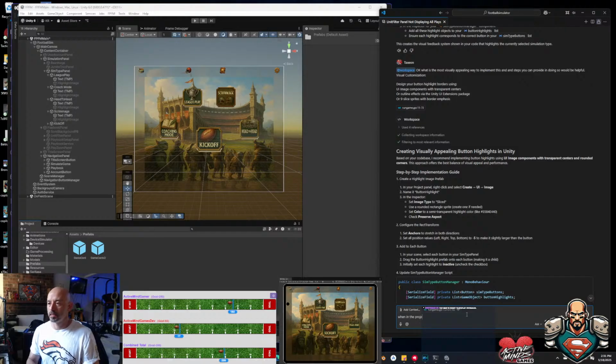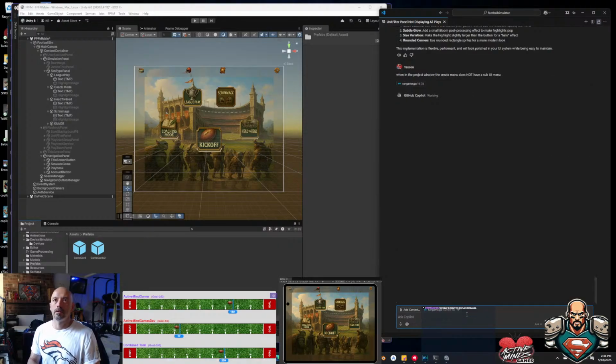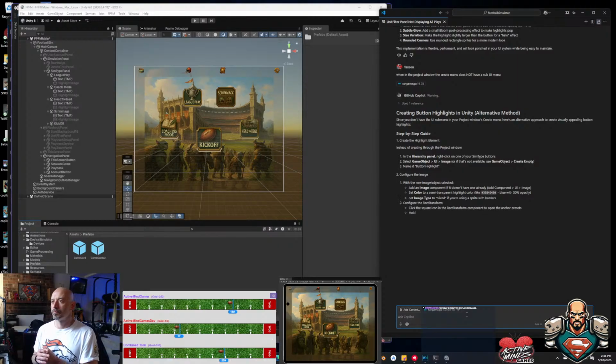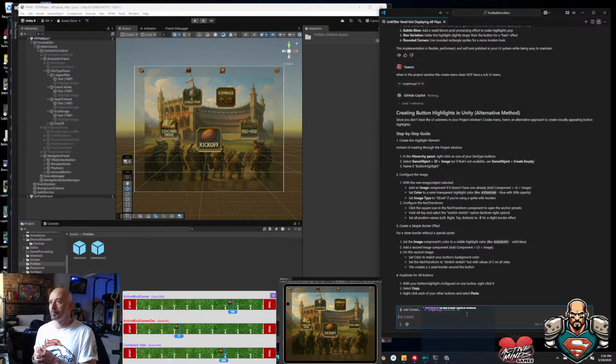And in the project window, the create menu does not have a sub UI menu. Instead of creating through the project window, in the hierarchy panel, right click on one of the sim type buttons,